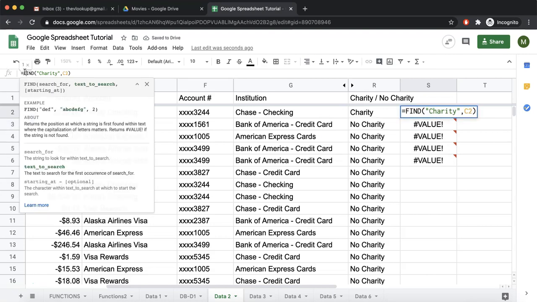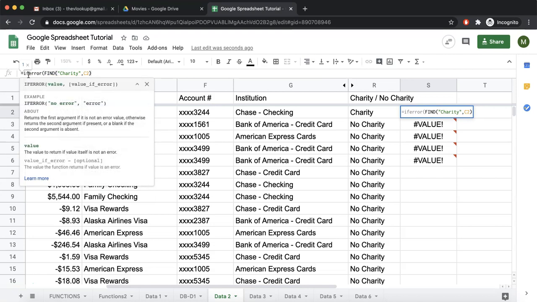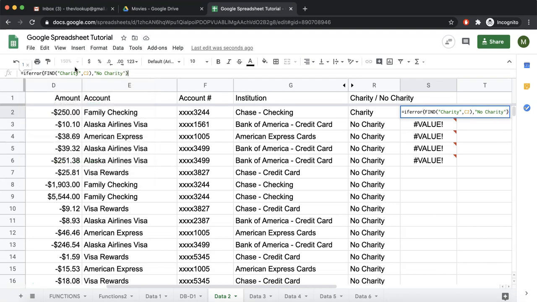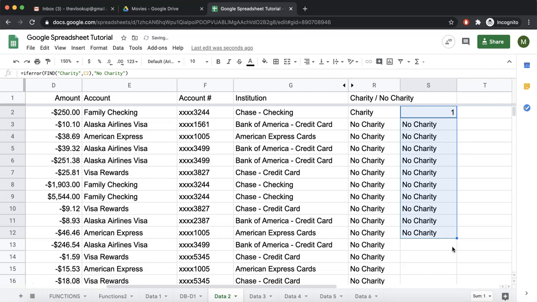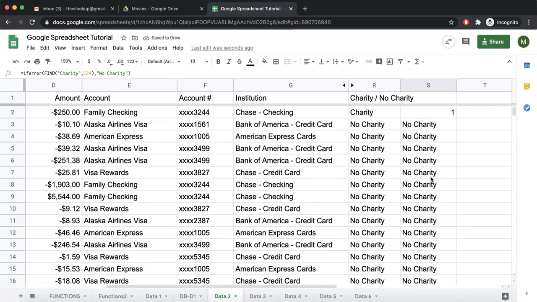So over here we can write IFERROR. In this value, if you get any kind of error, then what should you do? You should write "no charity". And when we drag this down, if it is charity, the value is 1. If it is not a charity, then the value is "no charity".